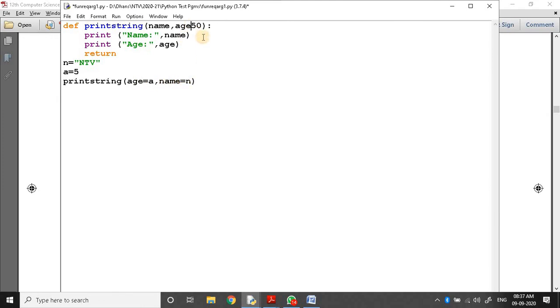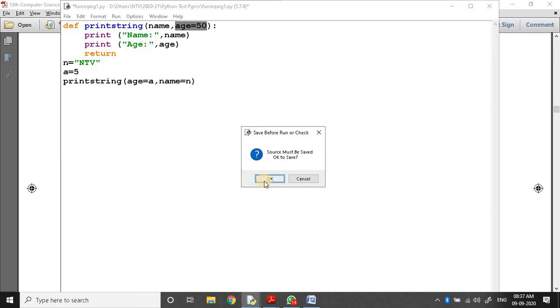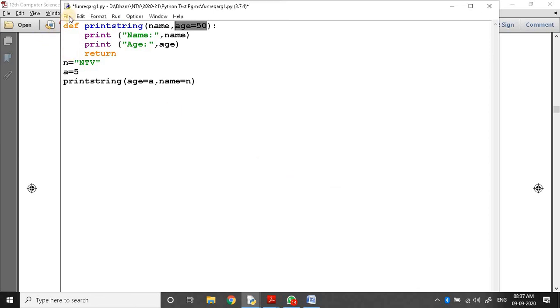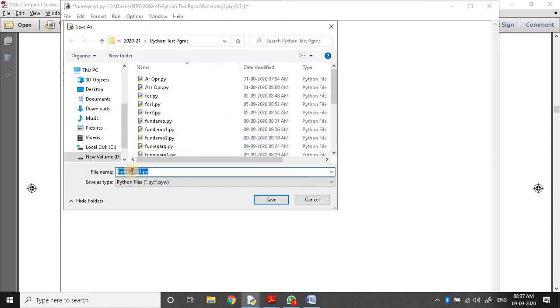Default arguments: the argument names in the function definition are initialized with some value. While calling the function, if it is necessary you can give this variable value, otherwise ignore it. Let us check this by running this program. File, save as default argument.